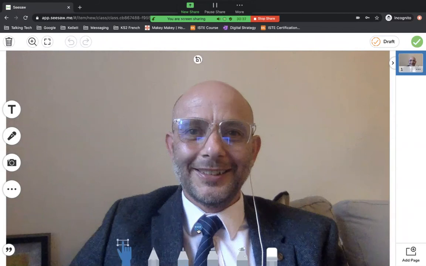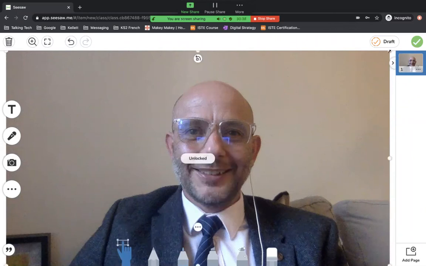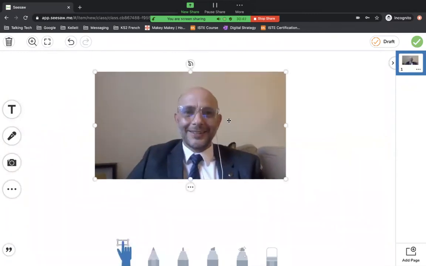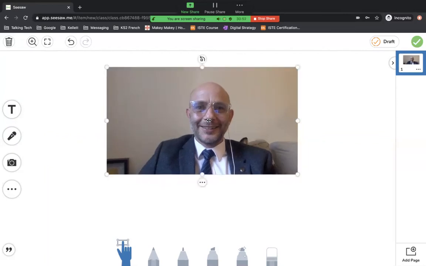If you need to unlock, there are these three little dots on any object, and you can unlock them and then resize, move it around, things like that. There are instructions on this later on this slide and little links to videos that you can watch in your own time to support. This is a really intuitive app designed for your children, and I'm sure it won't take very long, with your support and your teacher's support, before your children are running rings around all of us